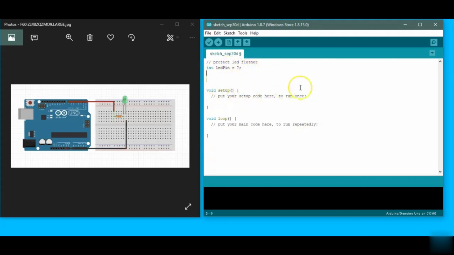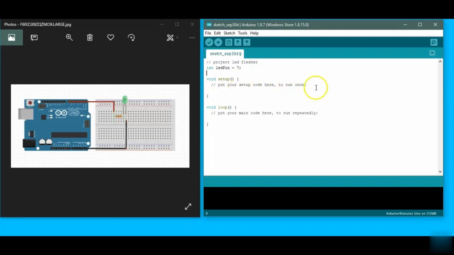Setup is a part of the code which is most necessary and is used to declare what we are going to use in the program. It runs once when the Arduino starts or when you press the reset button, and void loop is the part which is used repeatedly in the program, one statement after another. In void setup we just declare what we have to use in the program, like we are using an LED, then we define pin mode.